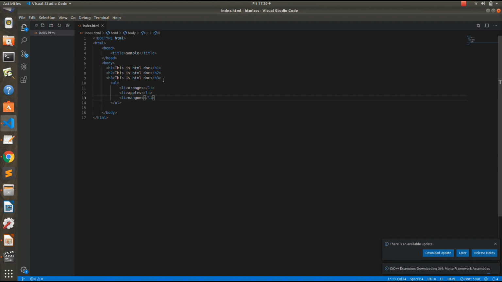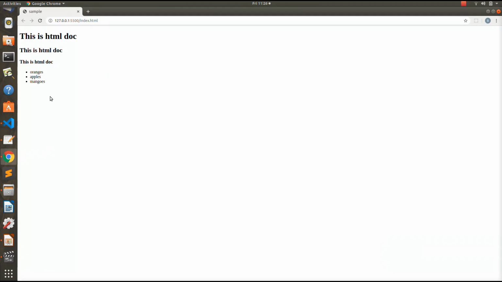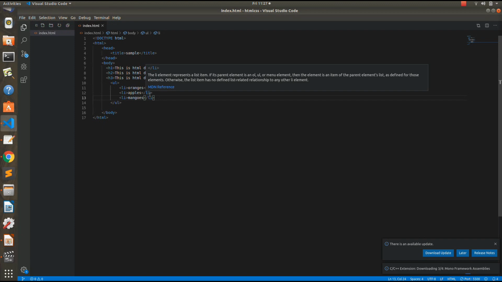And if I save this, you can see a list made here which contains these small bullets. So HTML provides this beautiful way of representing lists with bullets. You can do many other things also.